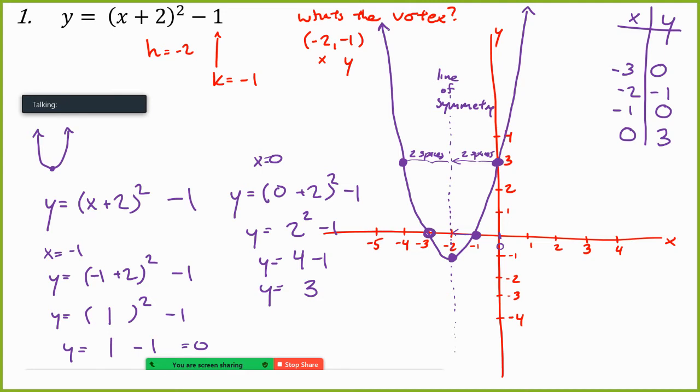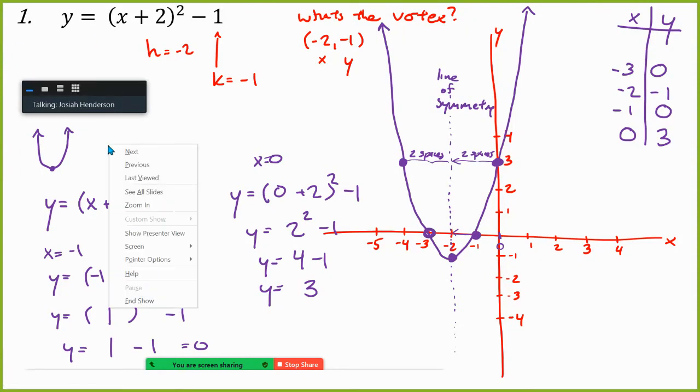We want to start by just finding the vertex. Without that, it's impossible to know where we should be graphing this thing. If we didn't know the vertex and we just started randomly plugging in numbers for x, that would be better than nothing. But what if I chose to plug in,